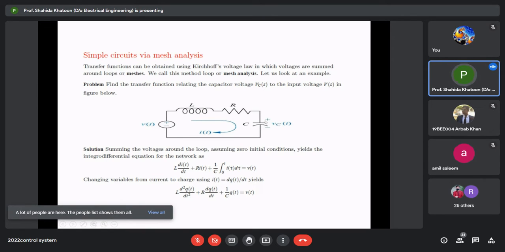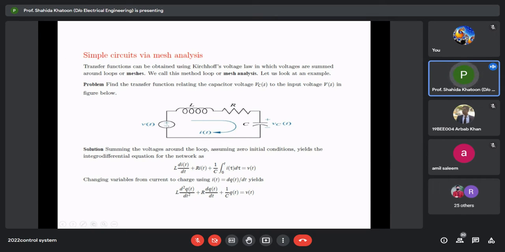So this is the input voltage, this is the capacitor voltage. You have to find out the relationship between VC(s) and Vs. Okay, so try to solve this problem in your notebook. So what you do, you take the summation of the voltage around the loop. You apply the KVL, assuming zero initial conditions, and you can write the integro-differential equation for